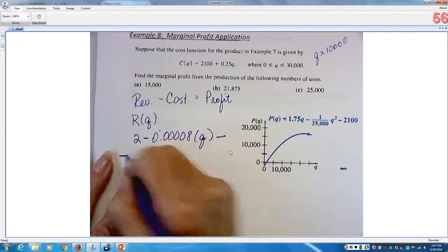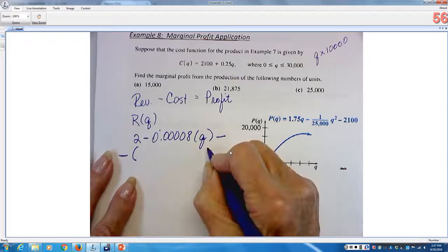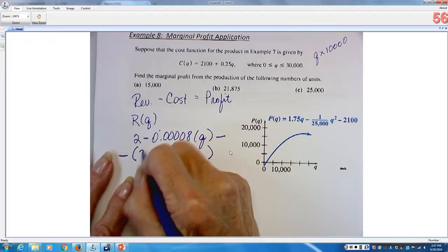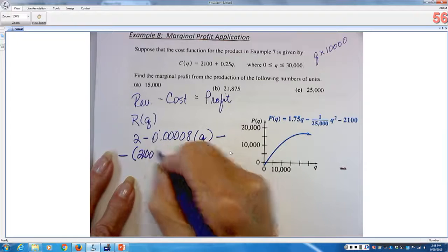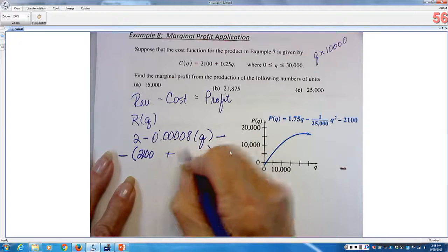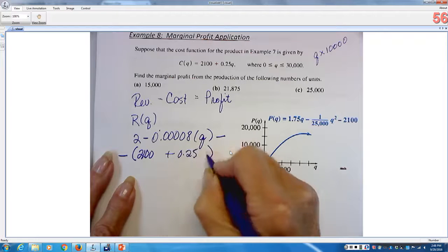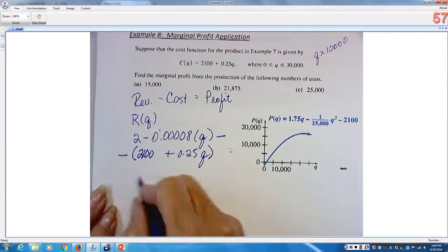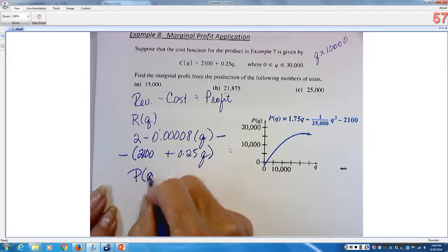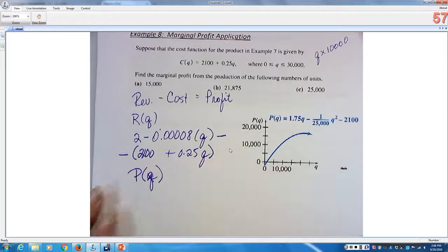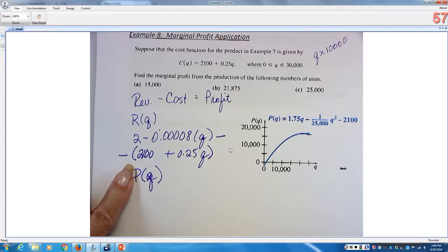So I think I'll put cost down here and put it in parentheses. So the cost is 2,100 plus 0.25 Q. So that means that my profit equation, keep wanting to use X, 2 minus 2,100 is